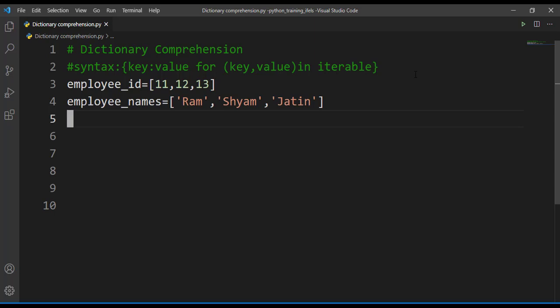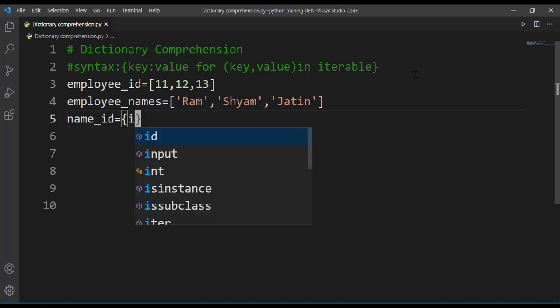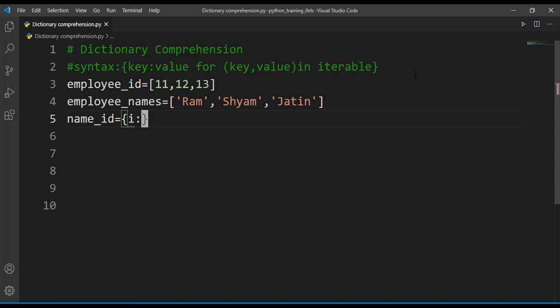So I'll create name_ID as my dictionary name. This will be curly braces, what I have mentioned in line number 2, key and value. Let's say I have i colon j as my key values, and then comes the for loop, for i, j. This I have to check in iterables.